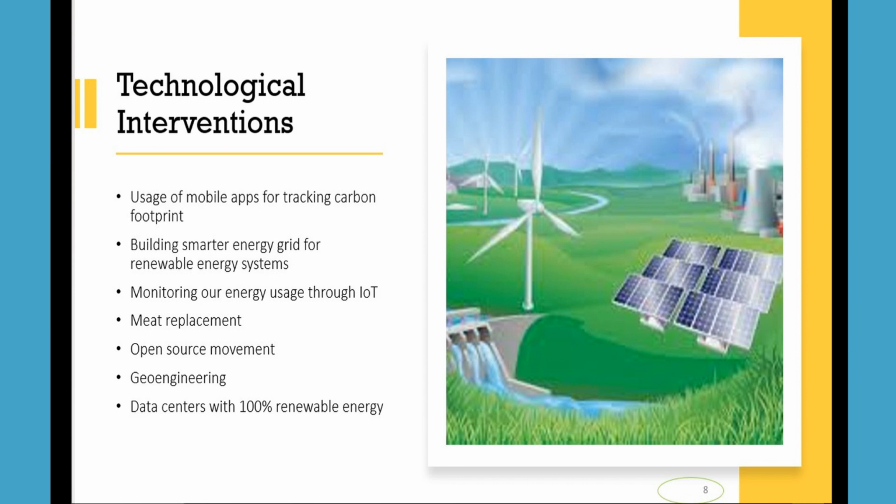Once we've spoken about what government and societies can do, let's also discuss what we as individuals can do, or what private players are doing. For example, there are now mobile apps which can track your carbon usage. So if there is a competition between neighbors about who uses the least carbon footprint, it can be a good source of motivating people towards contributing less and less to global warming.